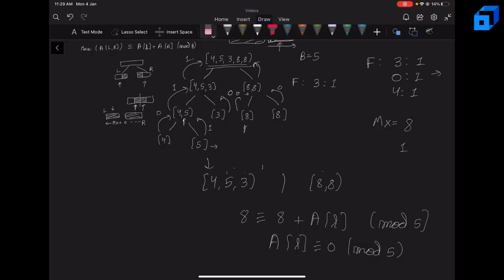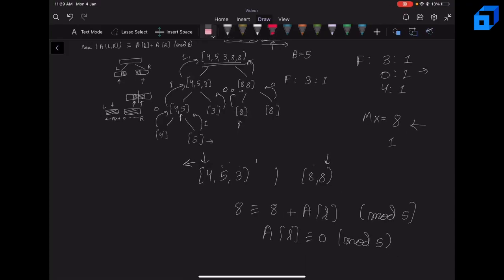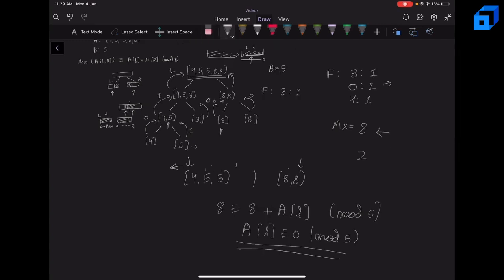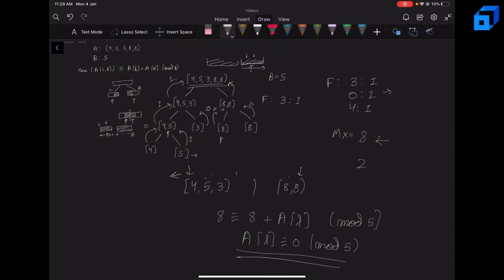Now again we will move our pointer here, but if we move our pointer here, the maximum stays the same and we cannot further decrement this pointer because we are at the left end. So again we will find the condition of AL. Again the condition of AL is it should be 0 modulo 5. So the frequency of 0 is 1. So we'll add 1 here. So this conquer part gives us 2. So finally we will add 1 to this one and return 3 as our answer. So the basic idea is divide and conquer, and how we conquer actually can be done using two pointers.